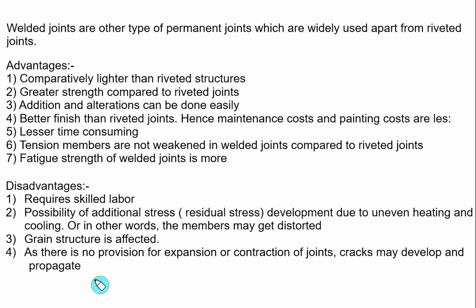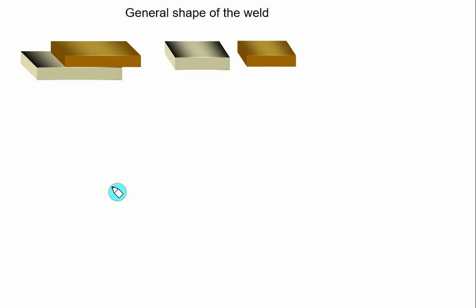Now once you do the welding, you have to communicate the welding to the welder. For that, you first have to study the different types of welding joints we are using, the different symbols used, and how to communicate your welding to the welder. If you have to join 2 parallel plates, you have to do the lap welding. And if you have to join 2 metal plates edge to edge, it is called butt